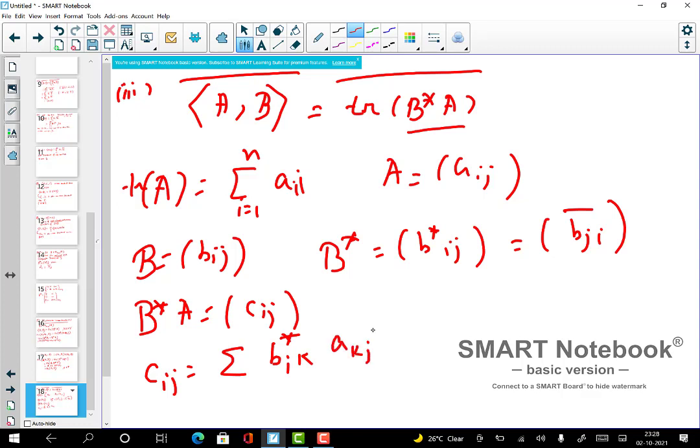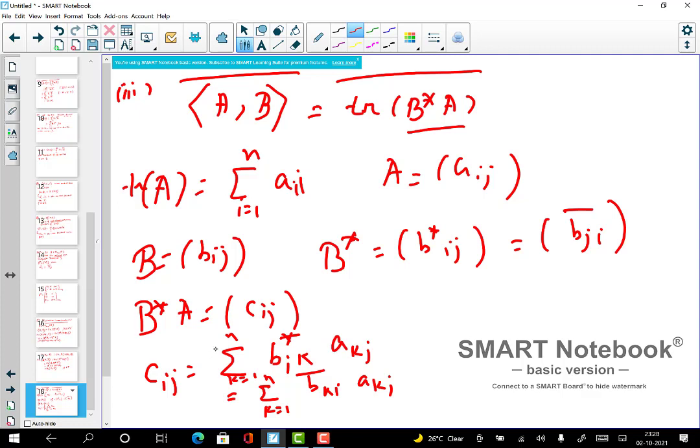This is by definition. But (B*)ik is nothing but B̄ki. So B*A, with i equal to k equal to 1 to n, is the sum of B̄ki and Akj, right? So this is nothing but your new matrix, the ith row and jth entries. Okay. Now when you plug those things in,